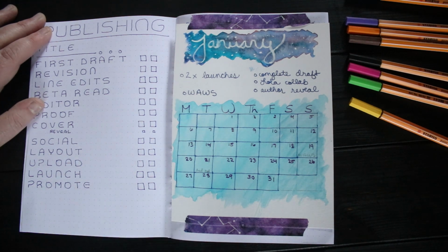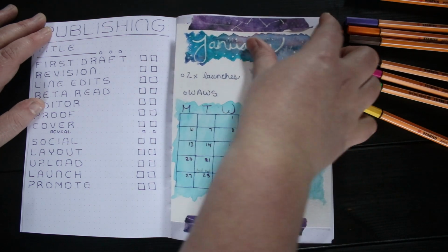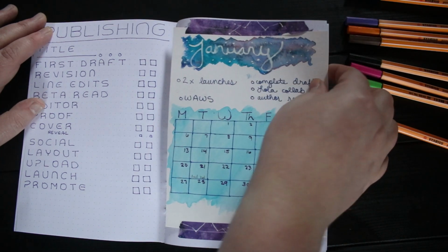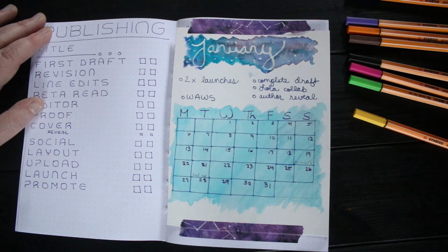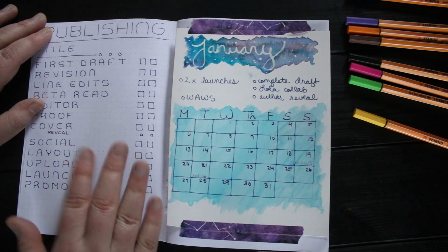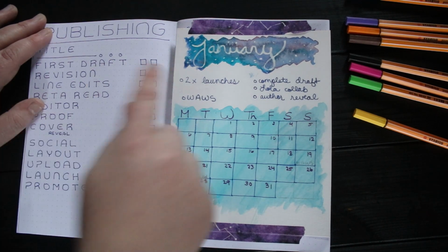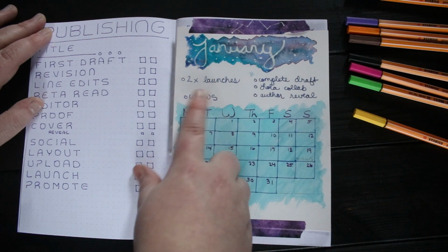So here I've used some washi tape, and this is just like a postcard size, no, it's bigger than postcard. I think it was like an A5 sheet of watercolor paper, because I knew that if I tried to watercolor directly onto this paper that it would make the sheets a little bit crinkly. So staying with the space theme, so it's January,